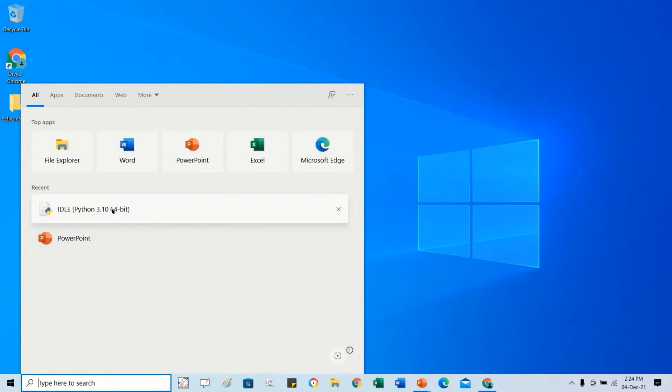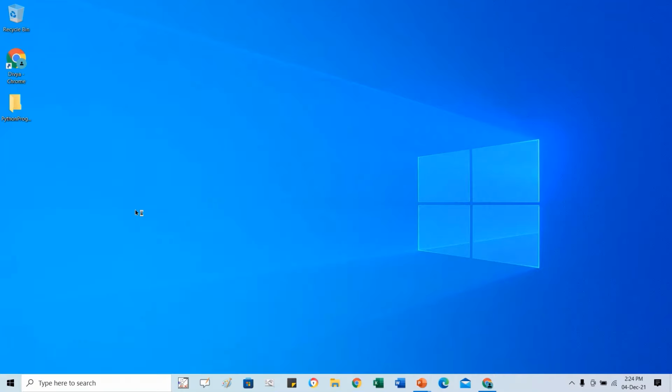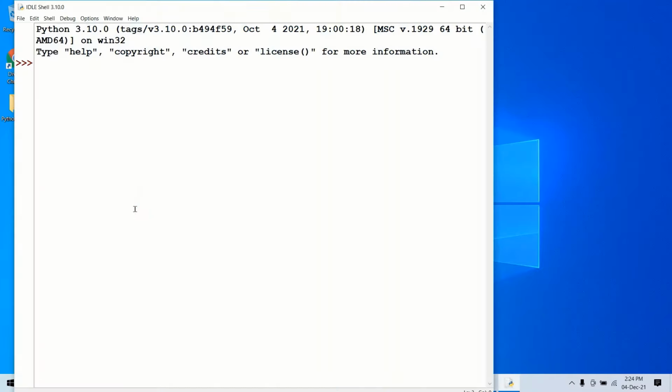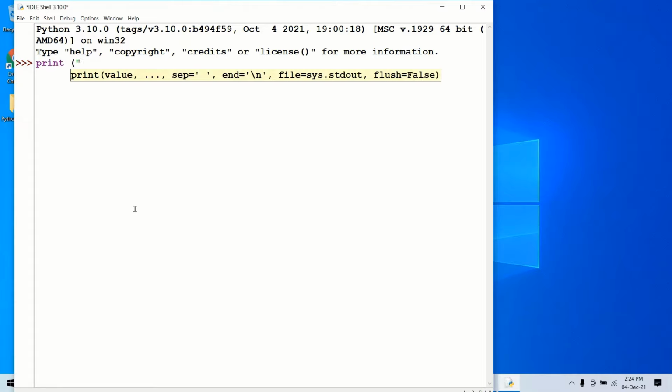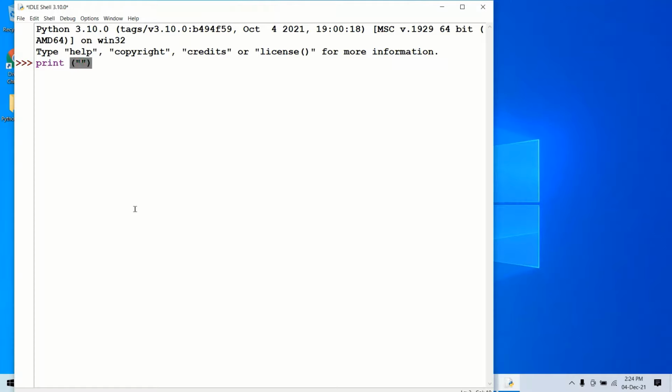Now we are going to create our first Python program using Python IDLE. So click here. A new window will open. This is the Python shell window. Here I am typing a print statement to print hello world. We should type hello world within double quotes and parentheses along with the print statement. And hit the enter key. Output will be displayed on the screen as hello world. Since it is an interactive mode, after the execution of each command, you will get the output immediately as soon as you press the enter key.